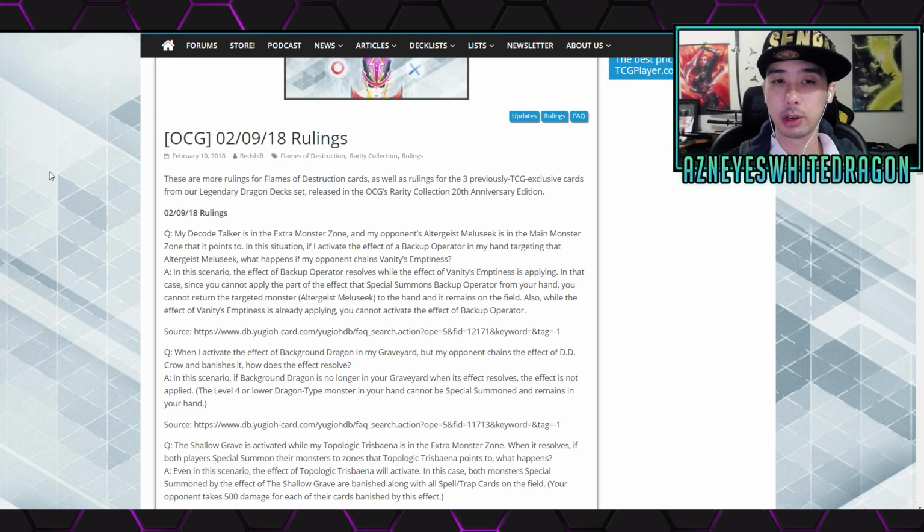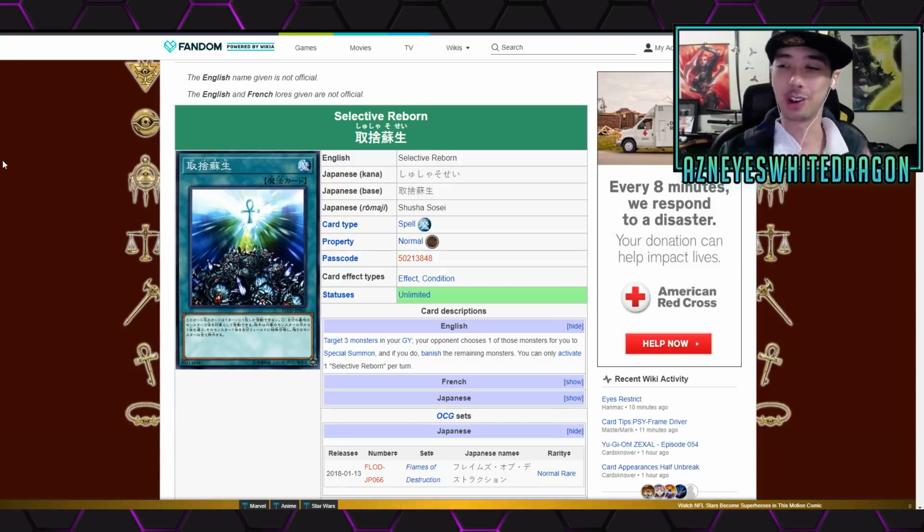Now I will be linking my source down below for all of these rulings, but I'm going to give you guys the condensed version and go over blanket effects, meaning that they're going to cover a lot of other cards that could also come in the future, rather than going over every single scenario, because some of these scenarios are really conditional and involve cards that nobody's playing. It's just more so, what if this happens? I'm just going to go over the cards that I think most of us will be seeing play when we're actually playing Yu-Gi-Oh! So anyways, the first card that we're going to be talking about is Selective Reborn,